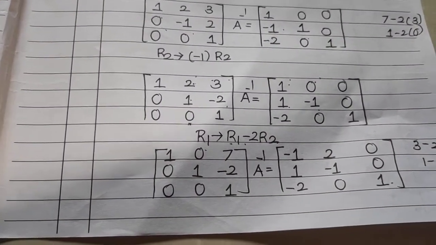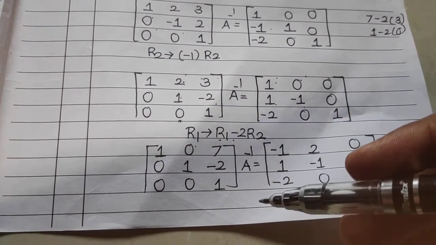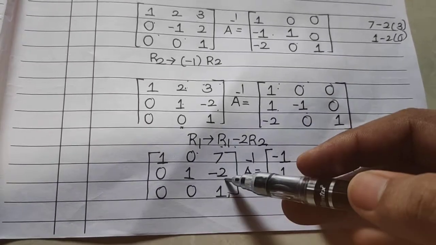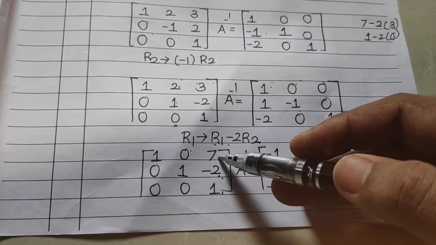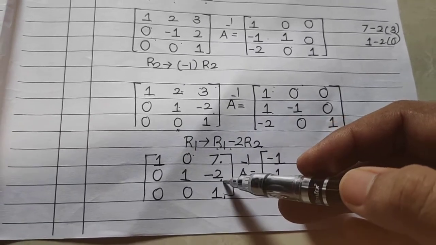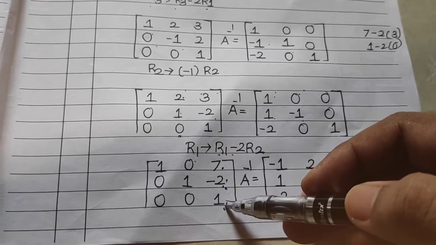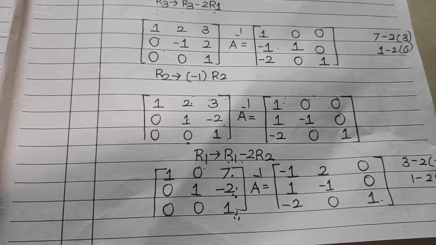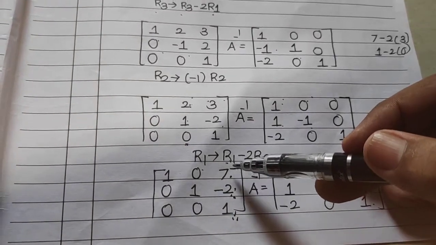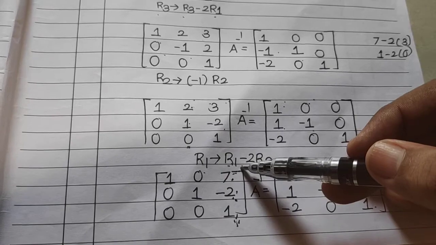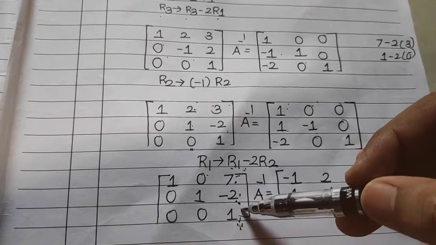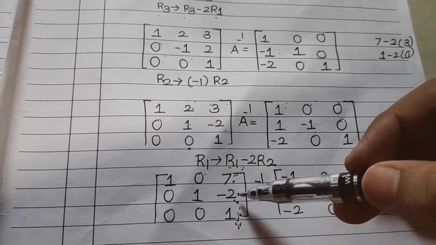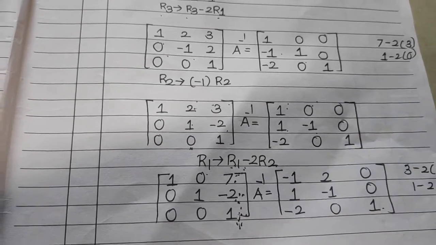So with this operation, you can see we are very close to identity matrix. We got a 1 in the bottom and now we are going to get 2 zeros over here. So if 7 is subtracted from 7 we get 0, and if minus 2 is added, plus 2, we get 0, and luckily we have the advantage of a 1 over here. So I hope what operations I am talking about is clear to you. We will perform operation R1 changes to R1 minus 7 times R3. Don't get confused: the row and column in which there is a 1, its reference is written, it is written behind. And R2 changes to R2 plus 2 times R3.